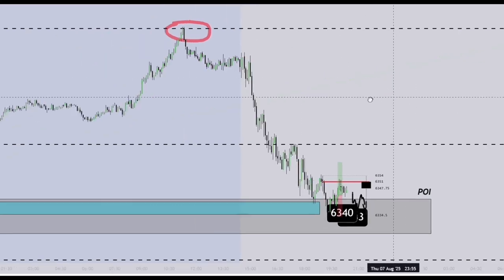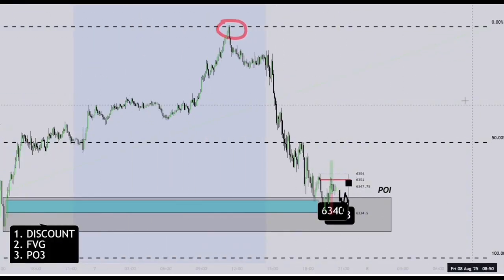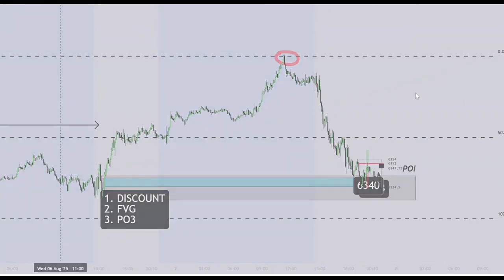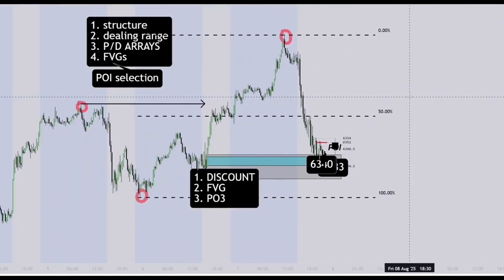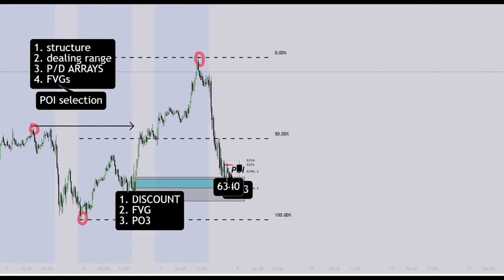So the last concept I'm going to finish on is this, right? If we just look at this from a 15-minute time frame perspective, right? What we can see is we can see the following. This is